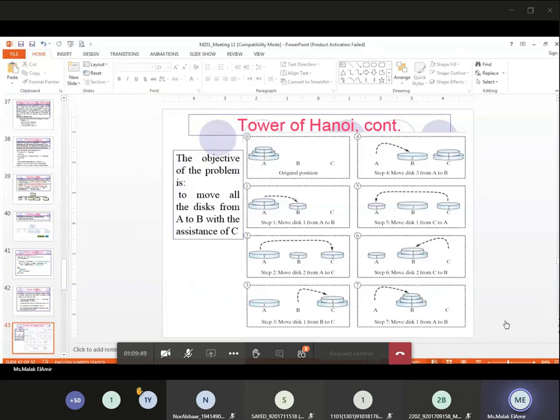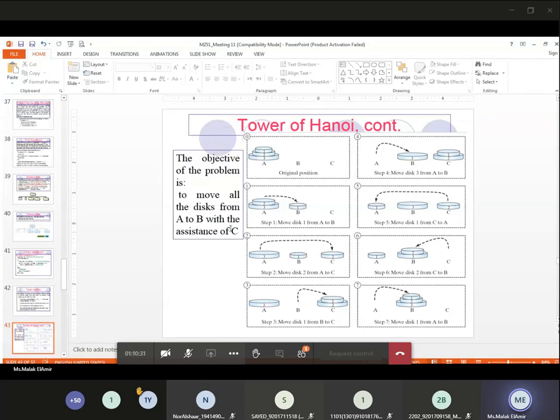So here again, I show it to you with colors. So A, B, and C. What I have to do is move the first one to B, then the second one to C. I have 2 different techniques. Then the one on B to C, and then the third to B. Then I'm going to move the smallest one to A, then number 2 on number 3, and finally number 1 on top of them all. Clear? The objective of this problem is to move all the disks from tower A to tower B or C